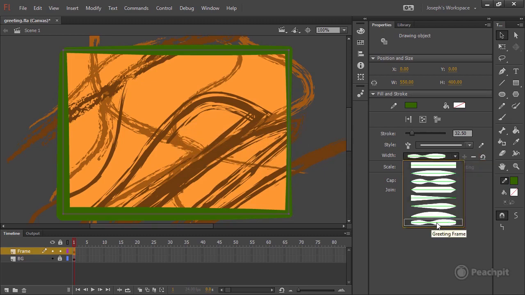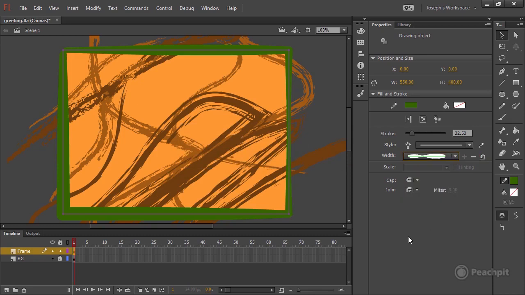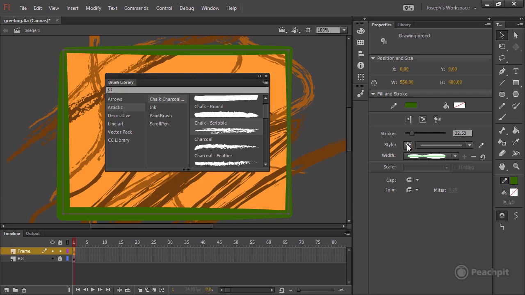Now this is part of my variable width profile library, and I can choose it and apply it to anything else that I desire. Additionally, we can actually add art brushes to this as well. So you can mix a variable width profile and an art brush on the same stroke, which is pretty neat. Let's open up our brush library, and we'll choose a brush to use. I like this chalk round right here for a frame, so I'll double click on that and close our brush